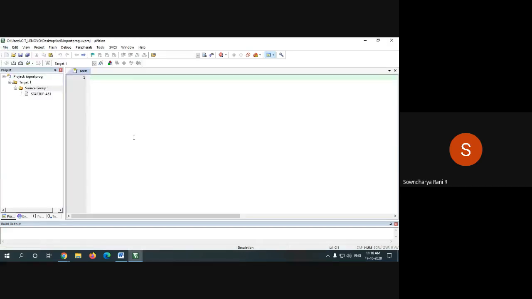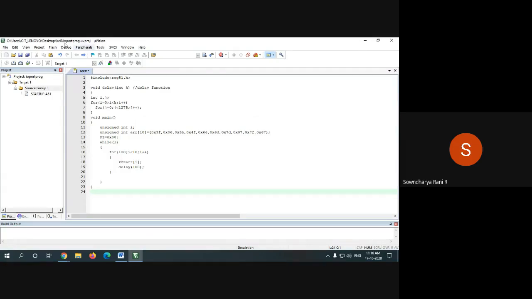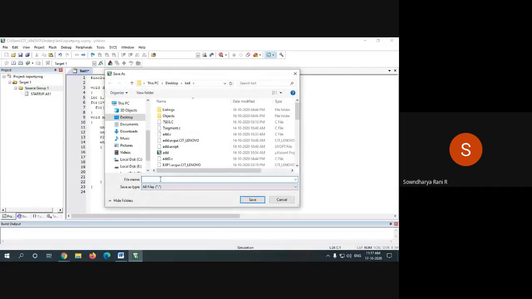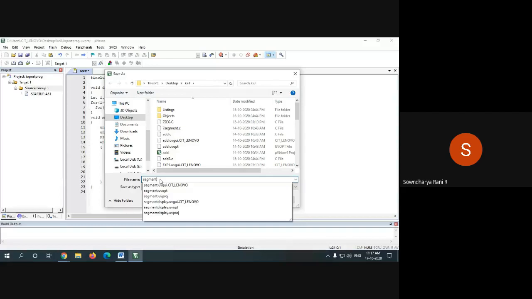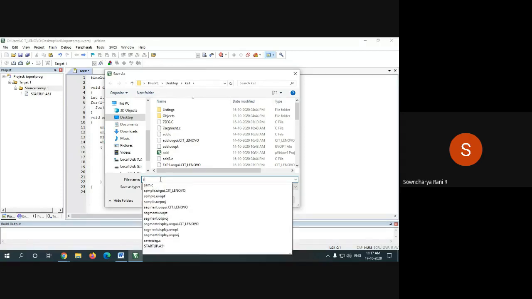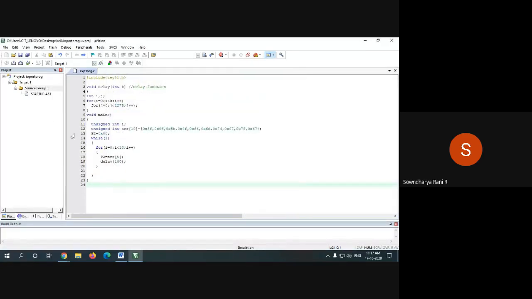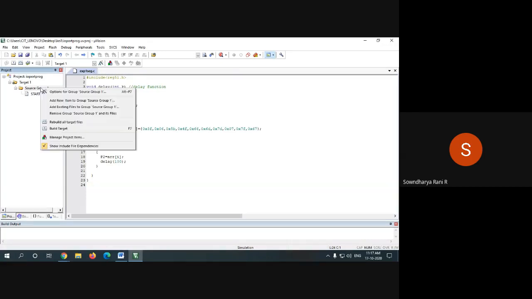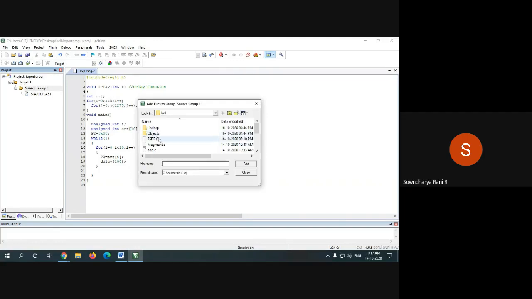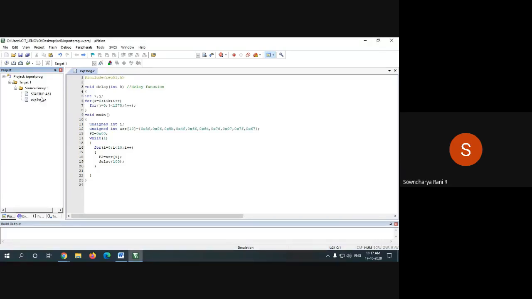So go to File, New, copy the program here, and save it as experiment 1 segment dot C. Since it is a C file, I'm saving it with the extension. Then I add this file to the project using Add Existing File, experiment 1 segment dot C. I've added it to the project.